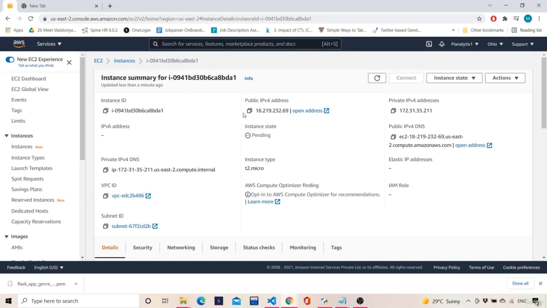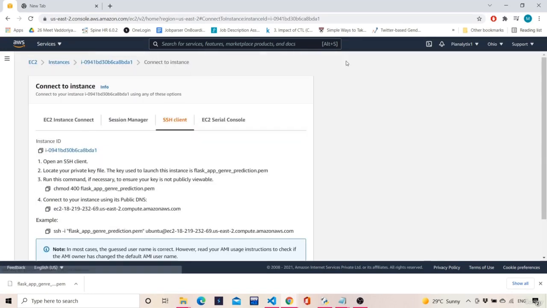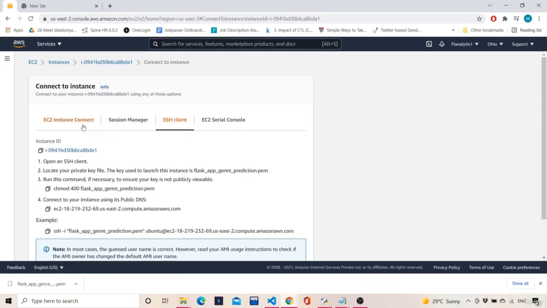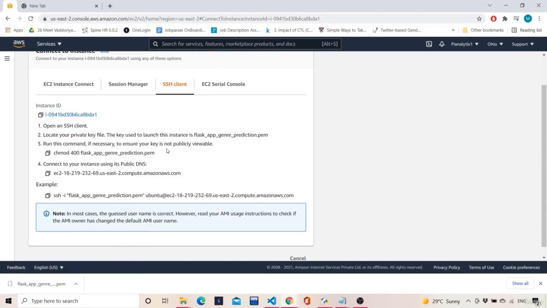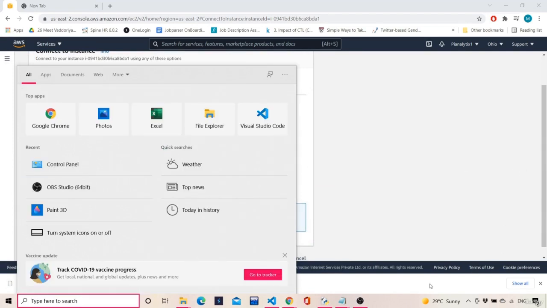Now from here just go to instances, select this, and then hit connect. Once you hit connect, you will get these details. These details are very important. Now I will show how to use them. For that, you have to install two softwares.